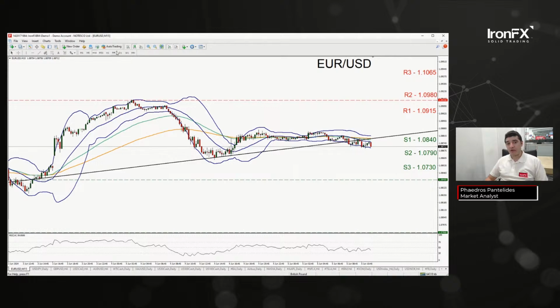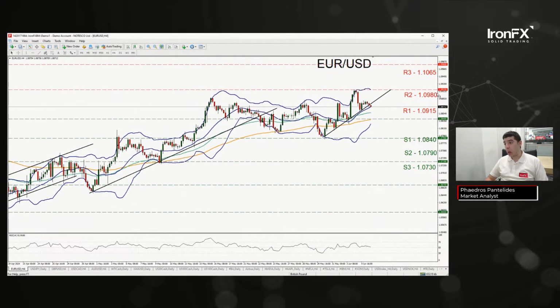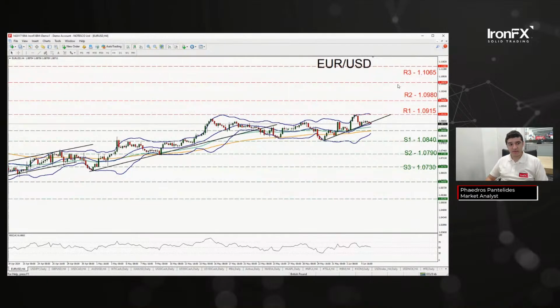But overall, for a better picture of the particular pair's direction, we should move to a higher time frame, which is the 4-hour time frame. As you can see, it is now breaking below our upwards moving trend line. This might imply that the upwards direction has been interrupted. Furthermore, the RSI, which is currently at the 50 figure, implies a relatively neutral market sentiment. As such, for today, given that we are on the 4-hour time frame, I would maintain a relatively sideways bias